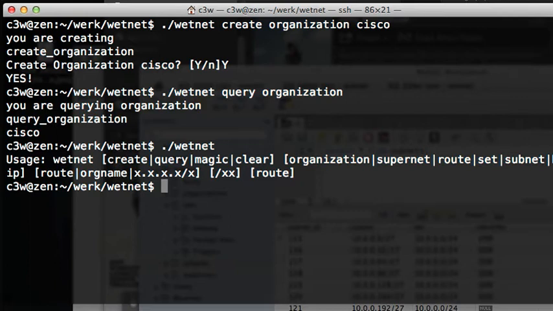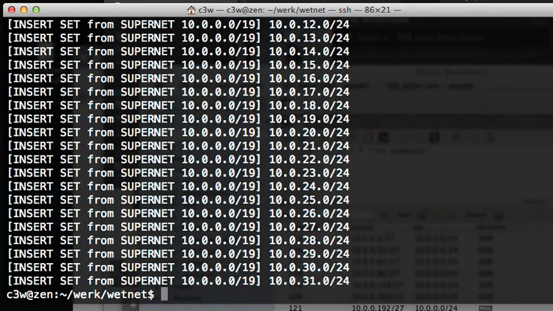We're going to create our first supernet. Now the supernet is the largest network that this organization is going to route. We get multiple supernets per organization. So let's start out with a 10net. Give it a /19. Give it the organization Cisco. It's going to go ahead and stripe a bunch of /24s in the database, which we'll use to subnet further